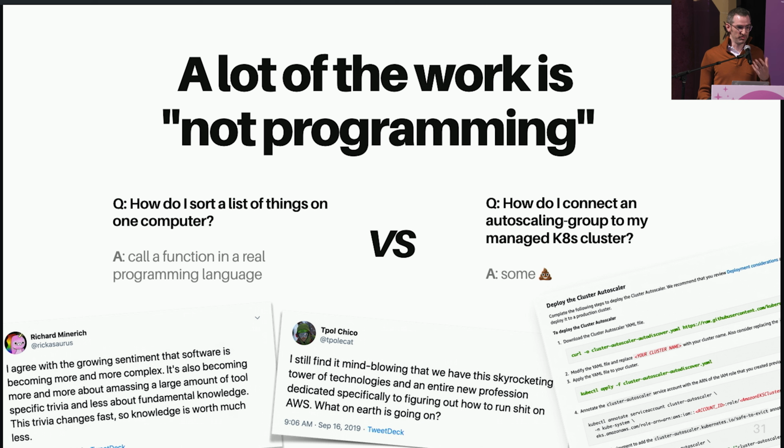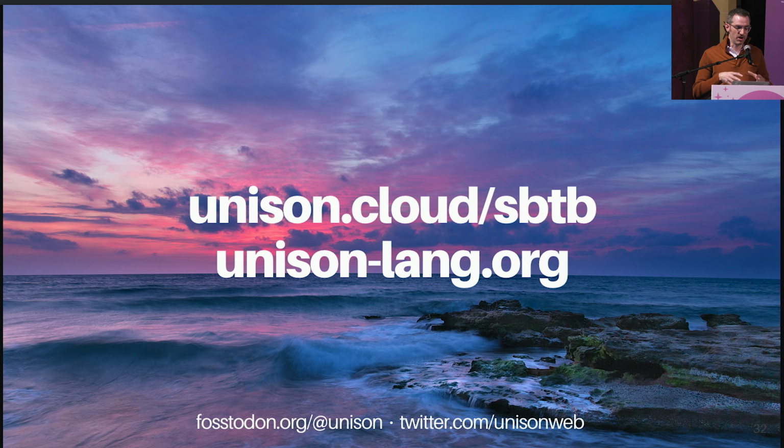So the future is programming languages that can talk about entire systems like this, and that's what we have been building with Unison, and it's just been amazing seeing that it's actually working out and we can actually build systems in this way, and it's just so much nicer than the status quo.